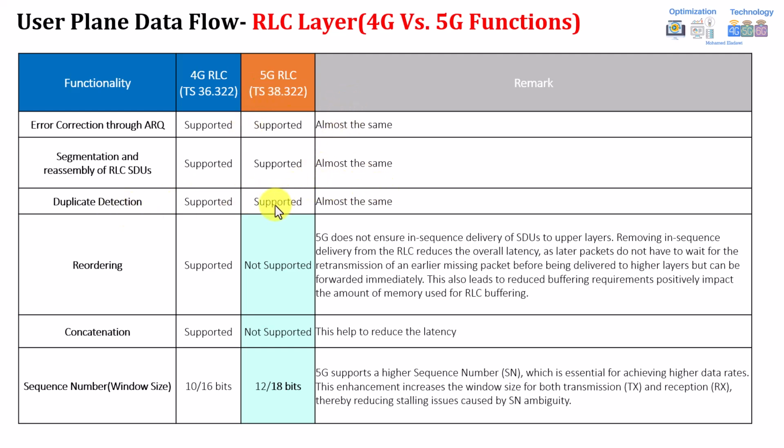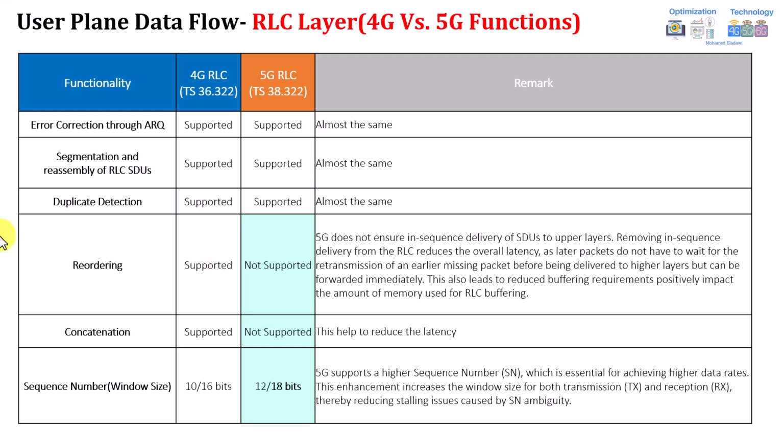But the very important part here is related to the reordering. In 4G, you will find that reordering was done at the receiver side, with a reordering timer. It means that if the RLC receiver received a packet out of sequence, for example, he was waiting for 1, 2, 3, received 1, then 3, the RLC will not forward any packets to the upper layer until he receives the right sequence. This will cause a lot of delay because he's keeping the packets in the buffer, not forwarding, so it can impact the buffer. It can impact the latency as well.